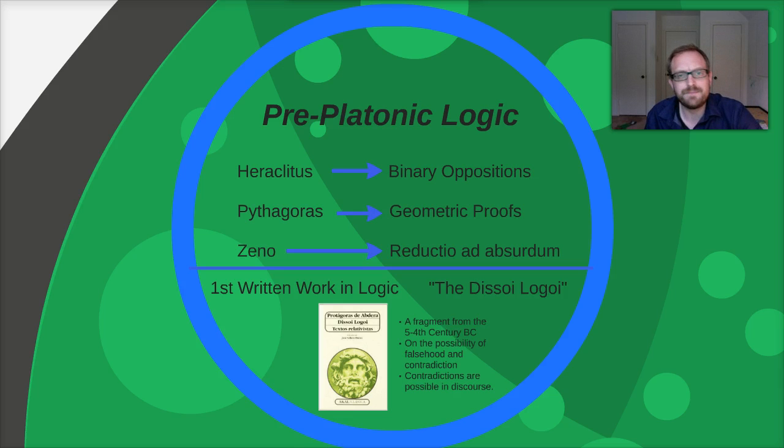So much of the nomenclature that we have for categorical logic was developed in the Middle Ages, and it's completely foreign to him. You won't see Aristotle talking about the same issues in his works the way we've been talking about it in the context of our course, doing the form and the mood and all that sort of stuff. But before we get to Aristotle, I want to start off here with pre-Platonic logic,